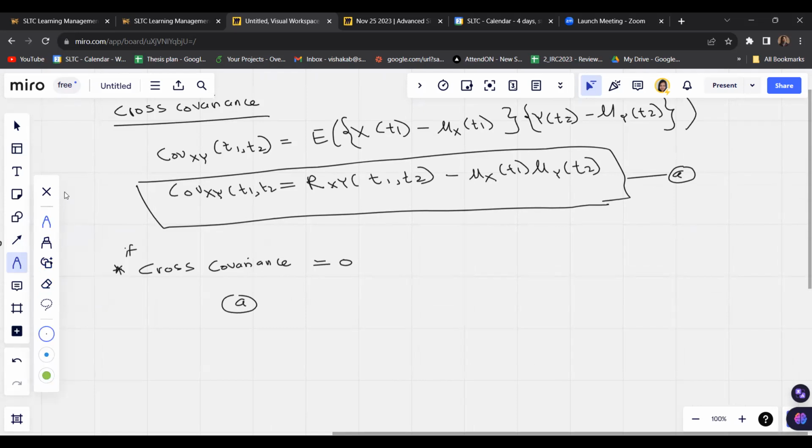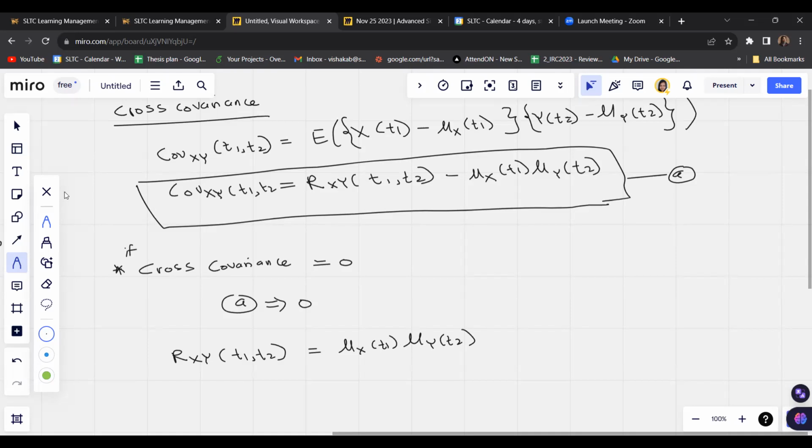So that means that Rxy T1 T2 equals mu X T1 mu Y T2, which means that these two processes, X and Y, at time instances T1 and T2,